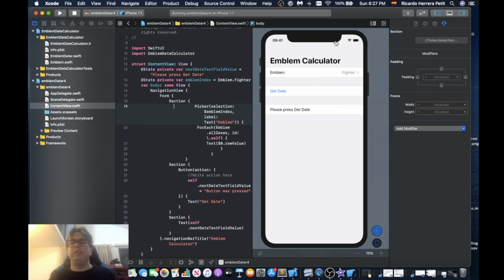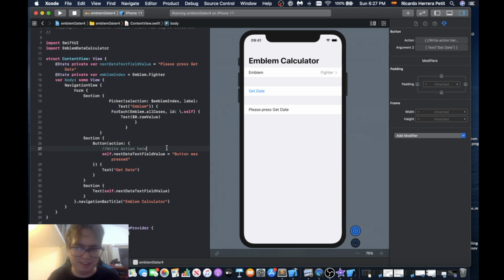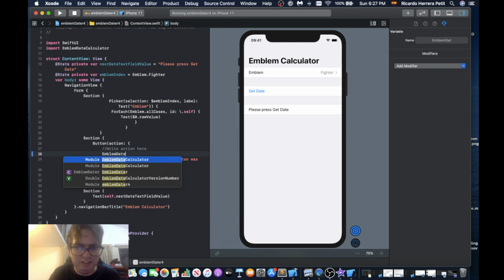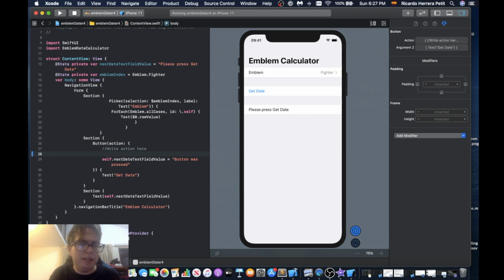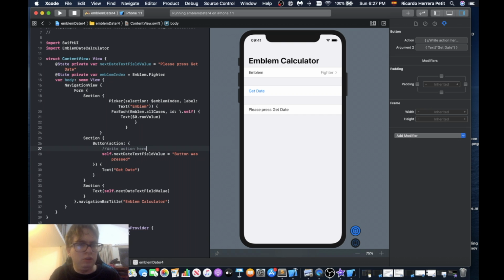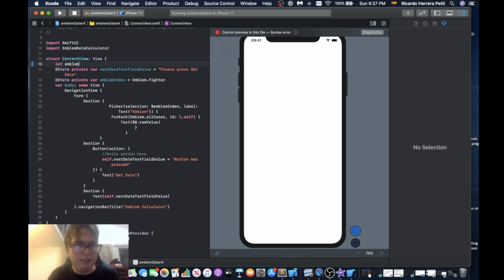Okay, so now we're going to call the action from our framework, and most of you will think that we'll have to do something like this and say emblem data here, right? And then put like get next available date for emblem data, right? But actually, if I do that, I'm violating the dependency inversion principle. So I need to inject that over here. So what I'm going to do first is say that I'm having an emblem data here of type emblem data,